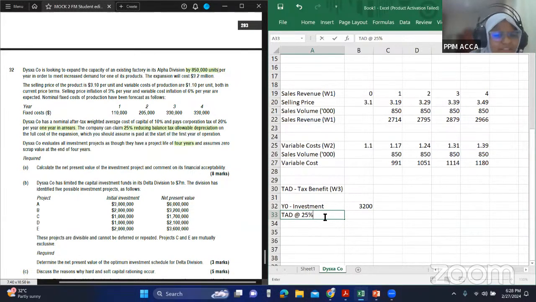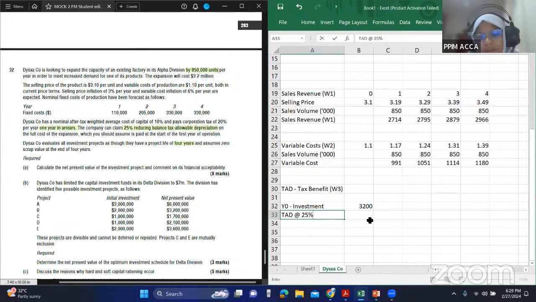Of course, for the paper FM, it's not important to know the details of this. You just have to know how to do this adjustment. That's it. In the F6 paper, the taxation paper, you will definitely learn details of how this tax allowable depreciation works. And actually, this will make a lot more sense if you know the entire system. But don't worry, for now, just the calculation is all that you need. They won't ask you anything more than this.